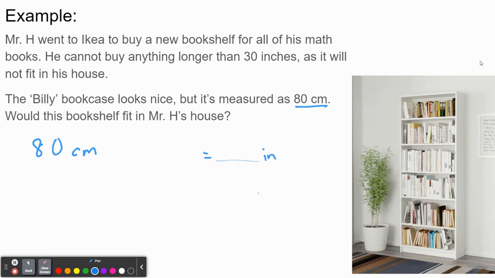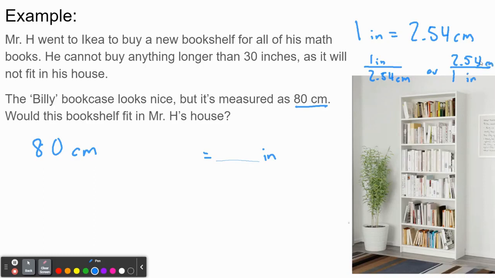So, if we look at the tables that you guys wrote down from the previous one, you'll see that 1 inch is equal to 2.54 centimeters. This means that we can make a rate. We can either have 1 inch over 2.54 centimeters, or we could have 2.54 centimeters over 1 inch, depending on